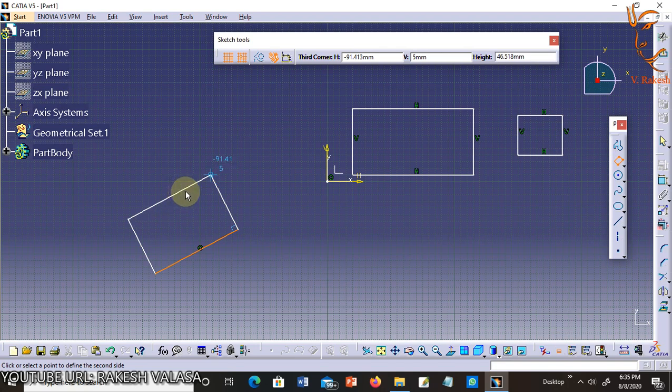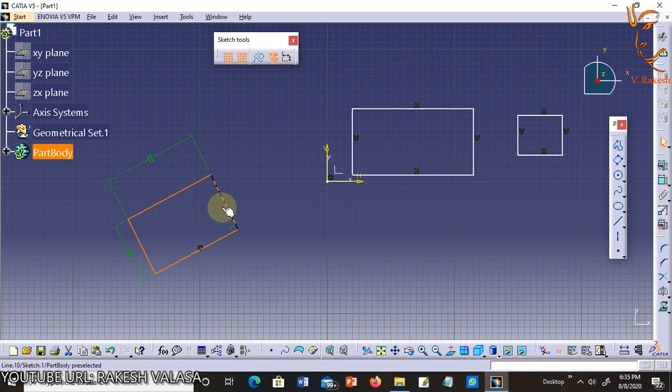Click in the geometry area to specify the end point. The angle thus formed between the line and the horizontal reference is the orientation angle of the rectangle.